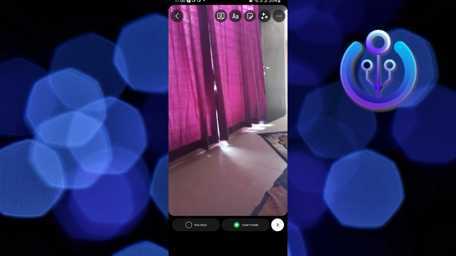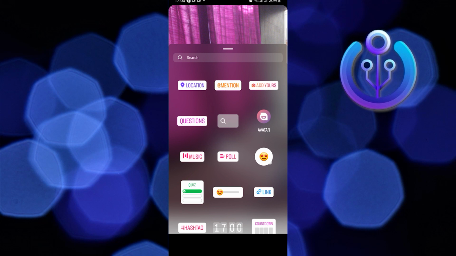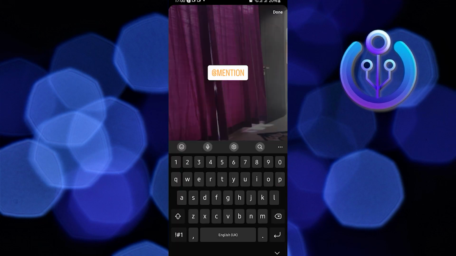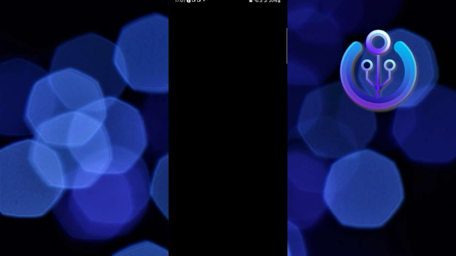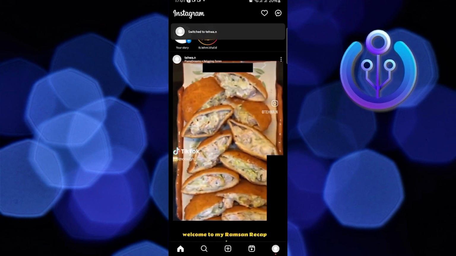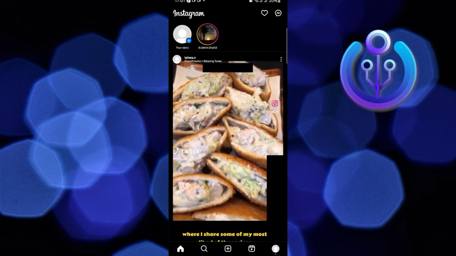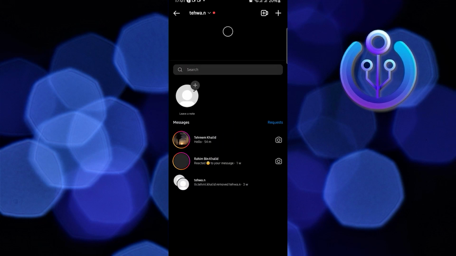Then click on the smiling rectangular bar on the upper right and then go to stickers. In here, tag a person. Then click on done. Now for tutorial purposes, I am going to be using two accounts over at Instagram. Once done posting and tagging the other account, switch over to your other account this time, and then view their